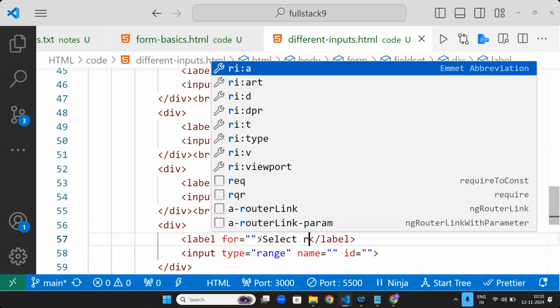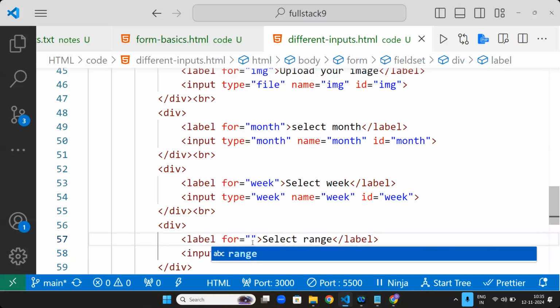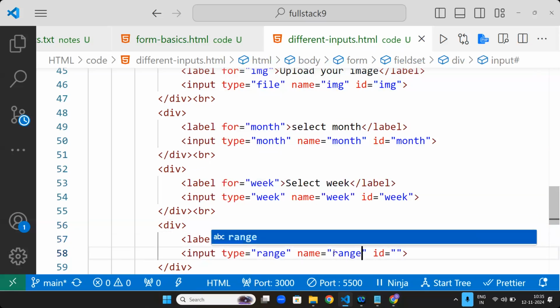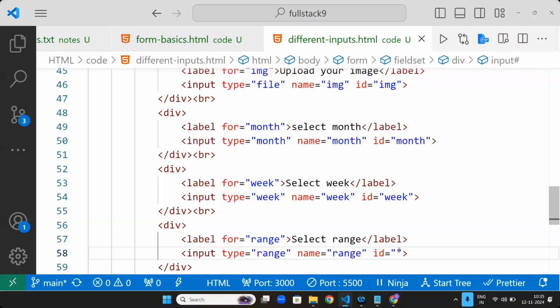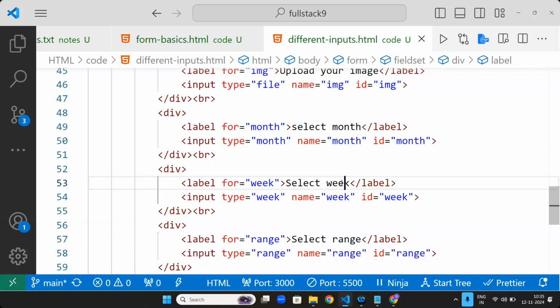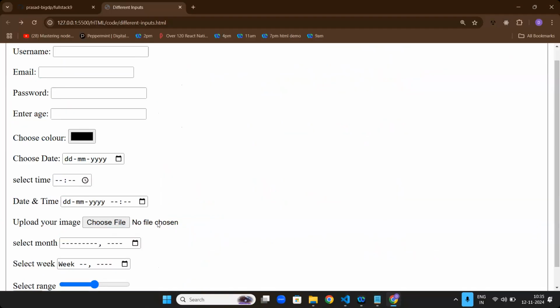Range. We can select a particular range, sir. If you do this, we can select a particular range.